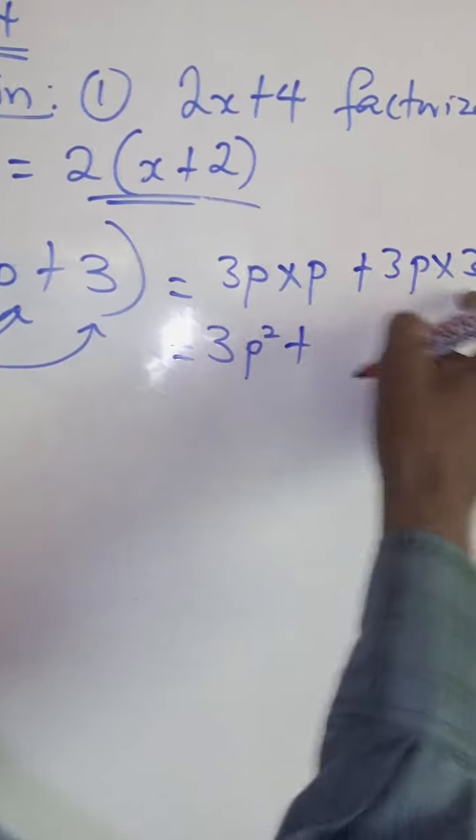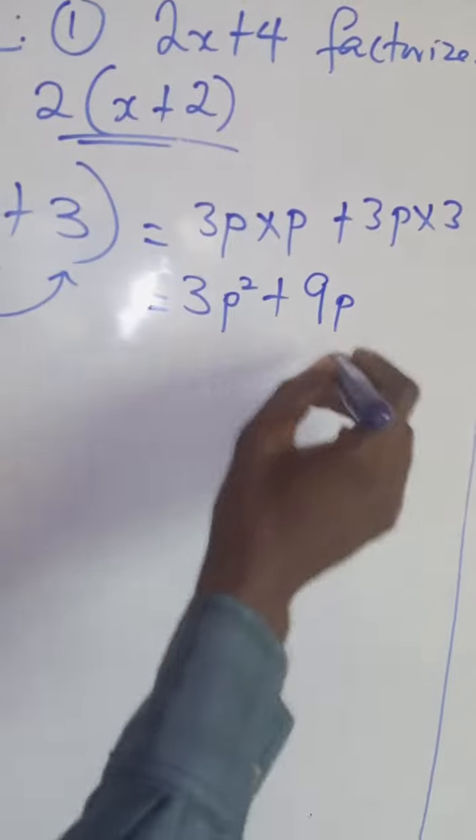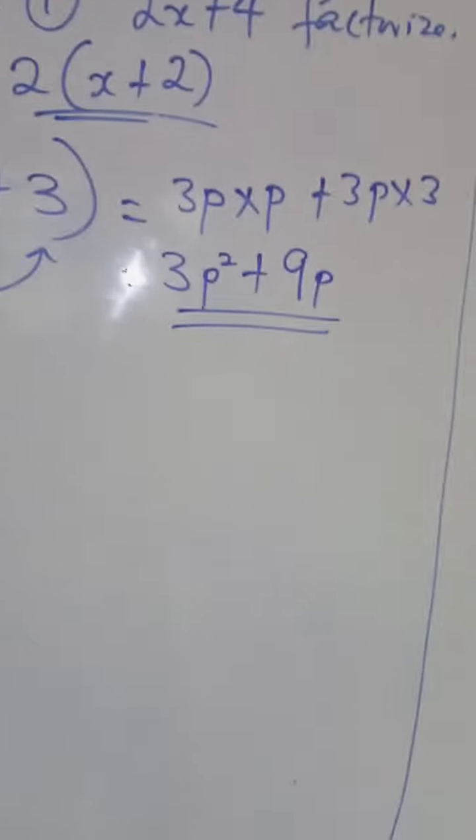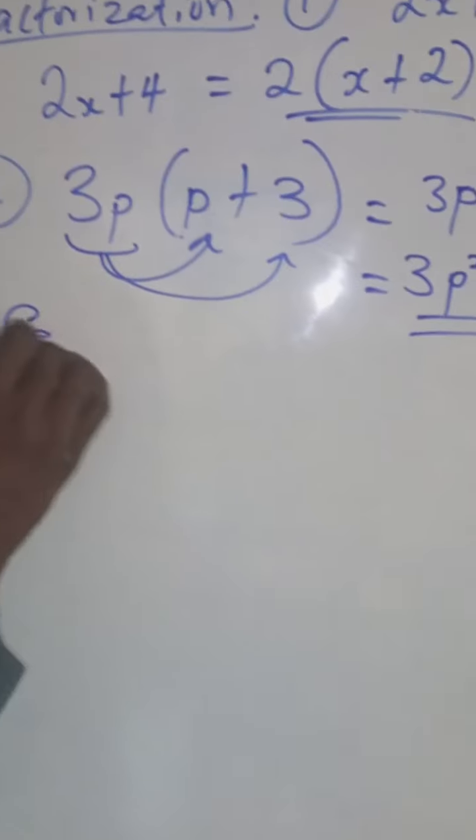Plus this multiplied by this will give me 9. Then p. So this is the expansion. But if I'm asked to factorize,